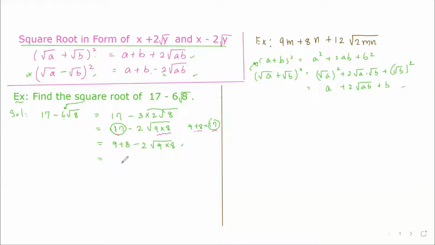So I can write it down as a, which becomes square root 9. And because it's a minus, write back minus, sorry, square root 8, and then the whole thing to the power 2. Everyone get it? Now after this, because they want to find the square root of this one,